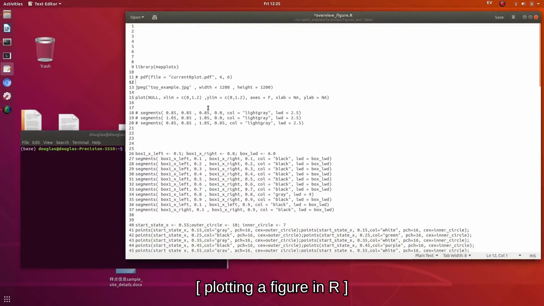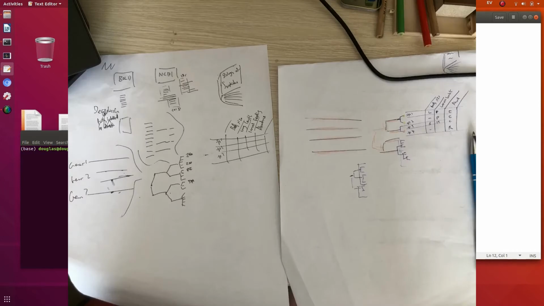So today I'll be doing something a bit off to the side of phyloinformatics. I will be plotting a figure. But having said that, the phylogeny is going to be central to this figure. The basis for the figure, I have a couple of sketches where I've outlined what I think are the main components and how these go together,